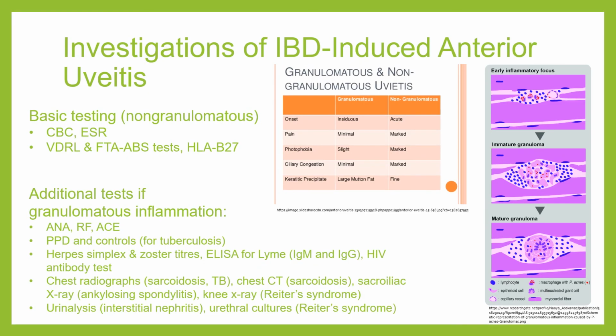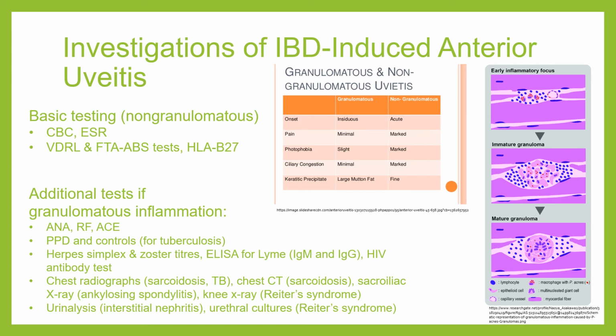Investigations for such anterior uveitis include a basic CBC and the inflammatory marker ESR, and also the workup for syphilis, which includes VDRL, the venereal disease research laboratory test, and fluorescent treponemal antibody absorption tests, and check for the HLA-B27 antigen, which is a common cause of autoimmune